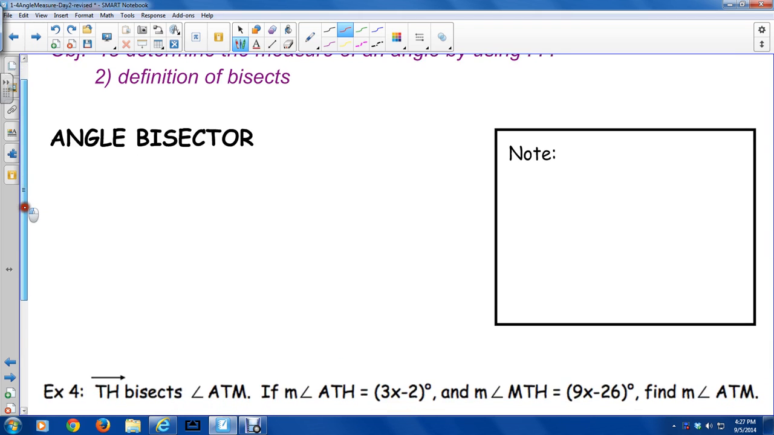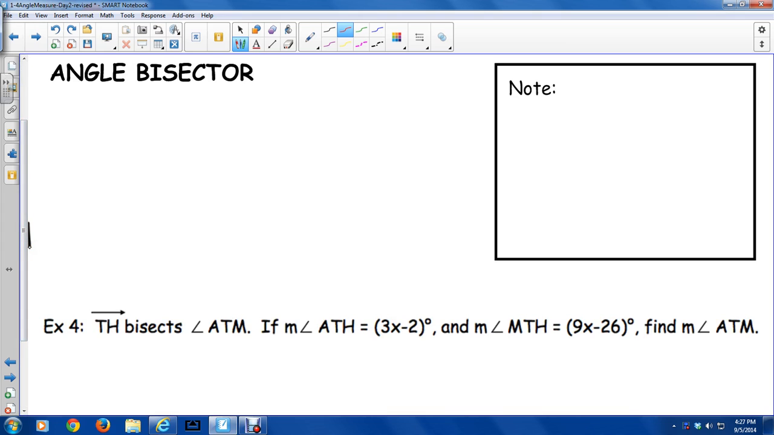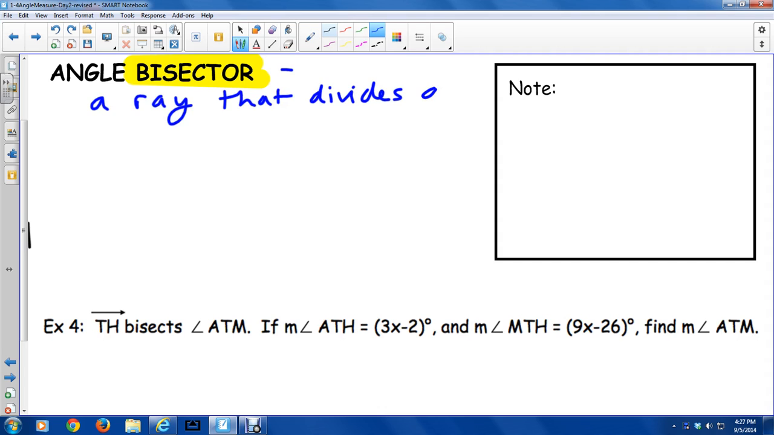One other thing we need to talk about with angles is what we call an angle bisector. That term should look familiar. We've looked at a bisector before, but we looked at a segment bisector. So recall that bisect means to divide into 2 equal parts. So an angle bisector is by definition a ray that divides an angle into 2 congruent